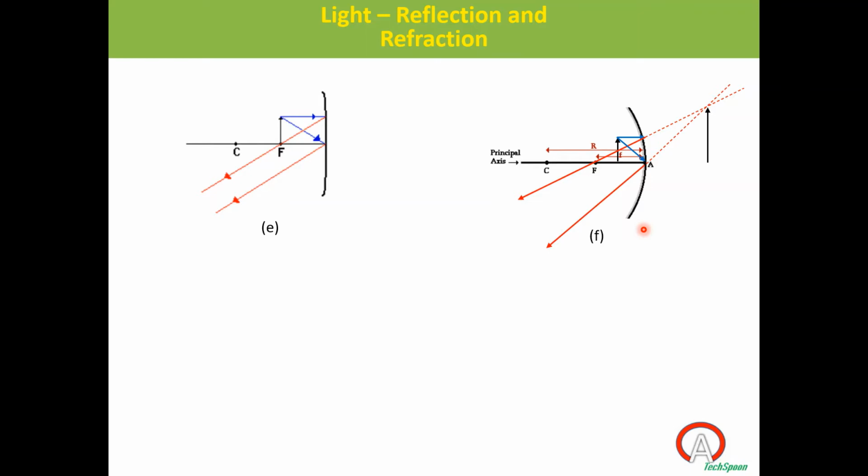First, you find the position of the image. Second, you find whether you will get an inverted or erect image. Both techniques you studied. If you have any doubts, please ask me. Next thing is, you see,